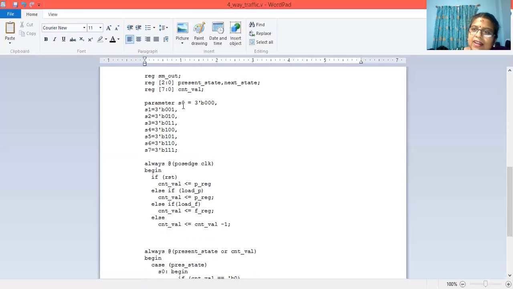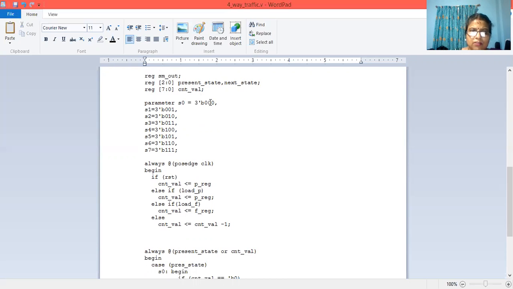North green, I have declared it as S0. And this is how we code a state machine in Verilog. Parameter means it is a constant value. So the code will not understand NG, EY and all those things. You have to give a binary value to each. If there are 8 states, it is 3 bits I have given.